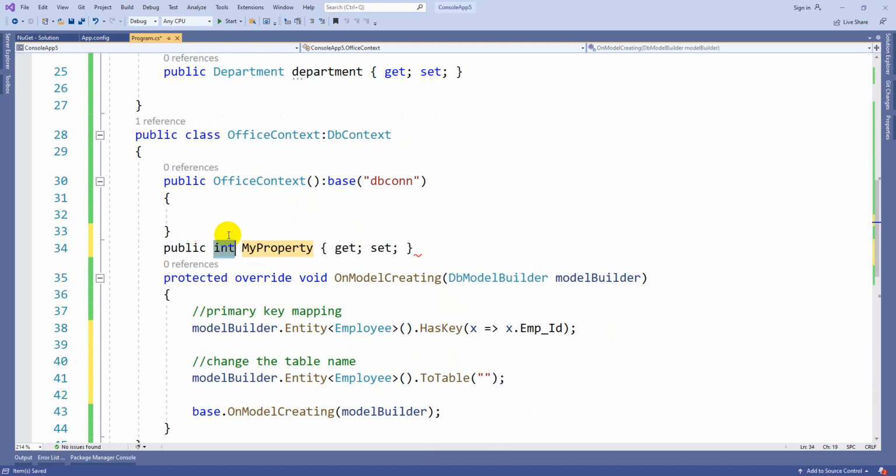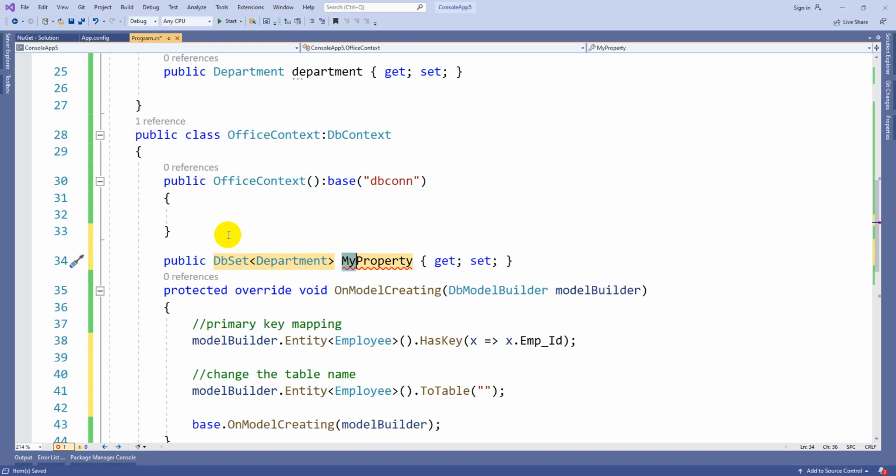So let me add the DbSets first. DbSet of Department, so that can be saved in the database as Departments. This is how we'll write it, correct? Departments, that is not allowing.